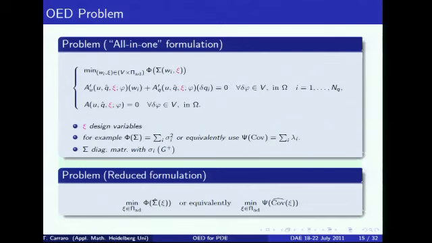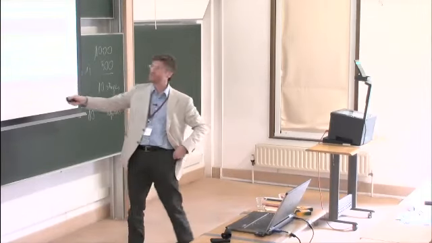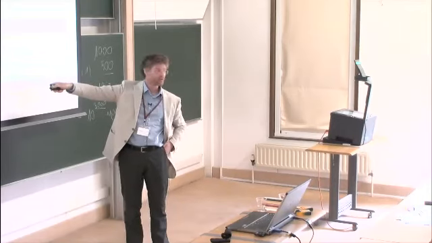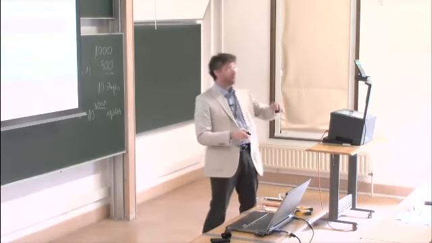To consider the reduced one, I have to consider a solution operator. So I say I can solve my PDE. I consider a solution operator for each sensitivity, so I can solve all the sensitivities. And I consider a functional phi, not of sigma, but of sigma hat. And sigma hat is now a functional which is reduced to the design variable space. And here I have a constraint. The design variable has to be in an admissible